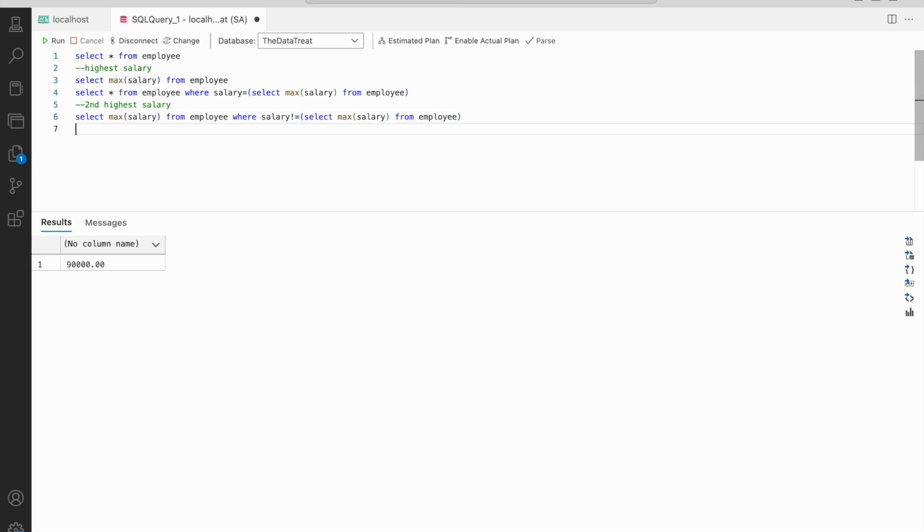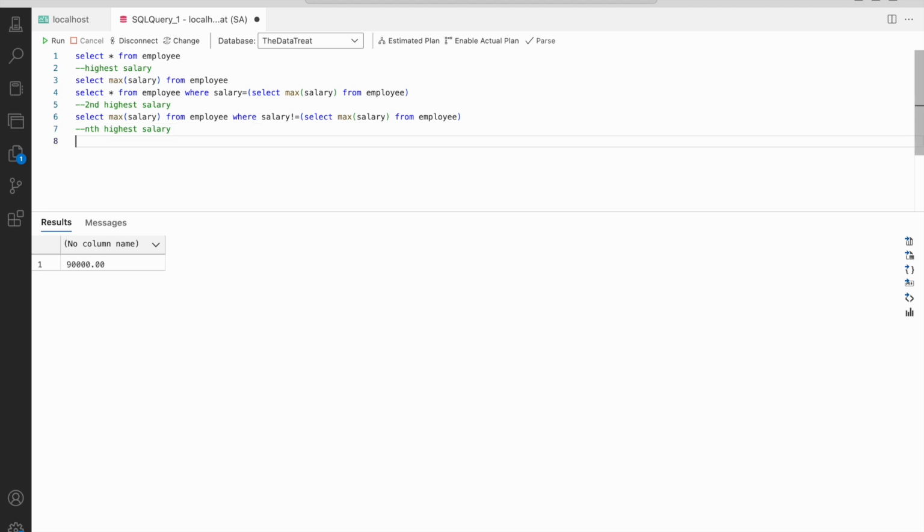But let's say we want to find the third highest salary, fourth highest salary, 10th highest salary, right? It is not possible to do it like this, by writing a subquery again and again. So the good way to do it is by using a window function. Let me write nth highest salary.